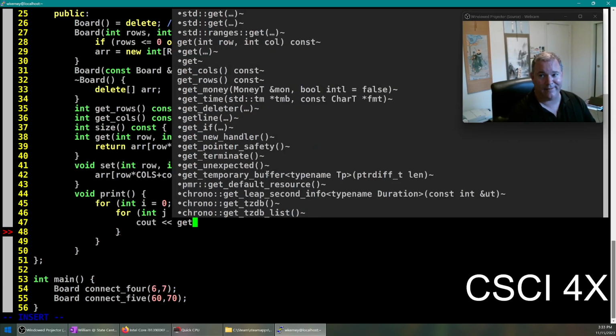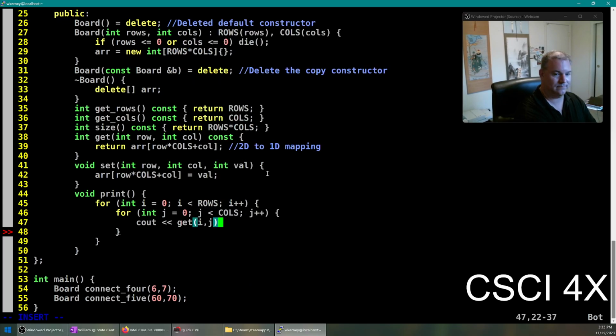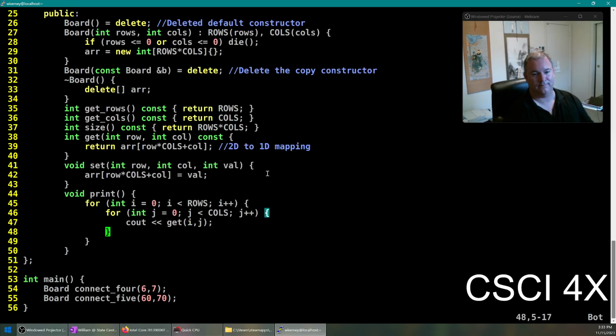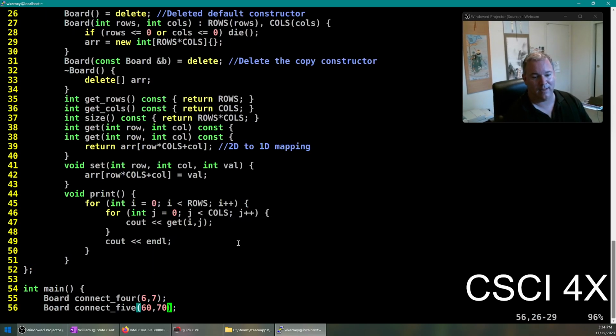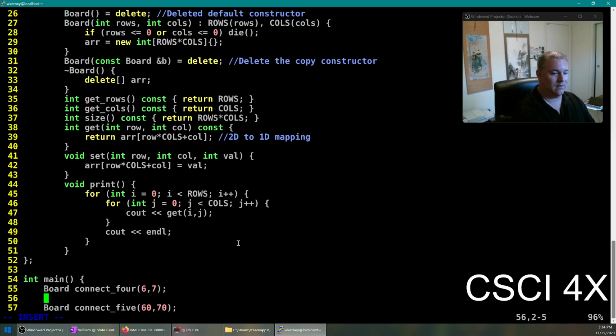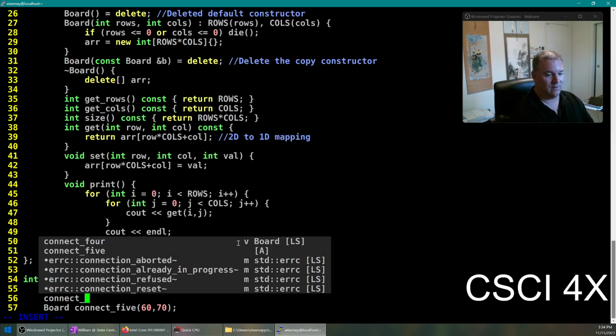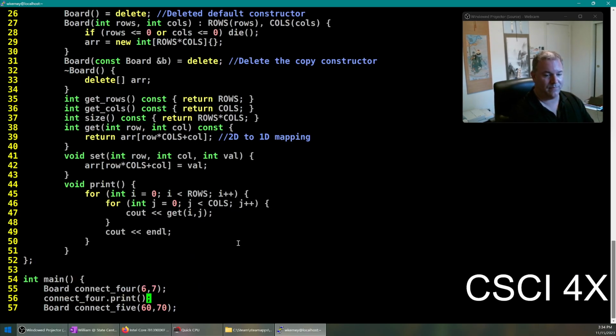When I could just call get. I've already done the math once. I don't ever have to do this math again. You guys understand? So I'm just going to output the value at row I, column J. Then at the end of the row, I am going to do a little inline, and there we go. So if we say connect four dot print,